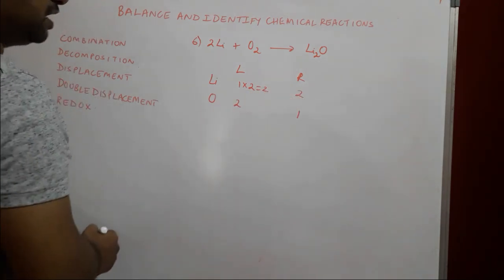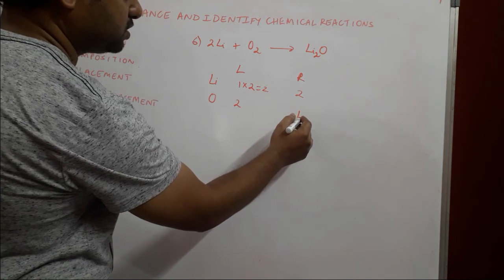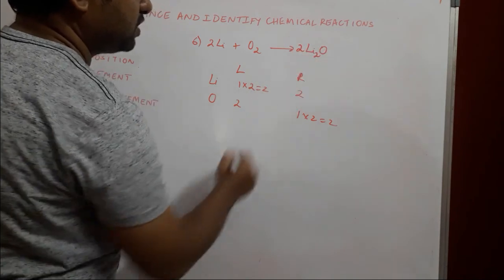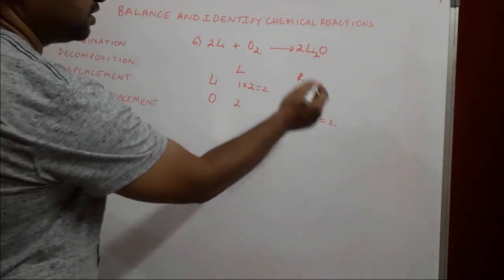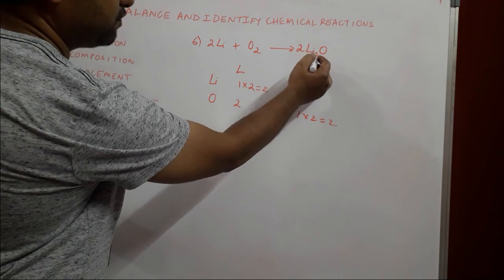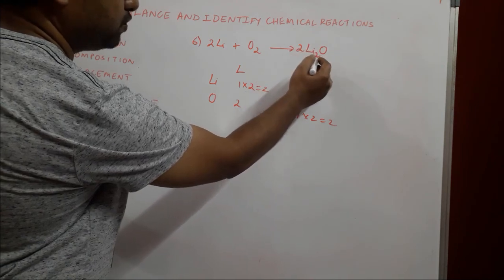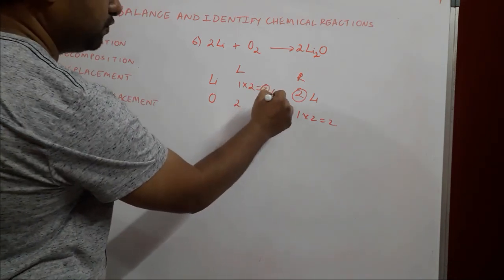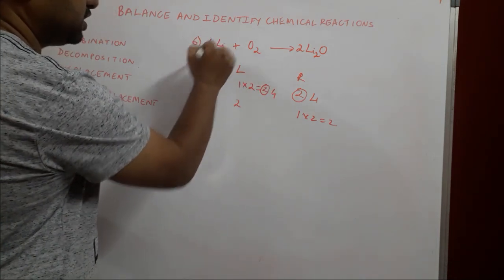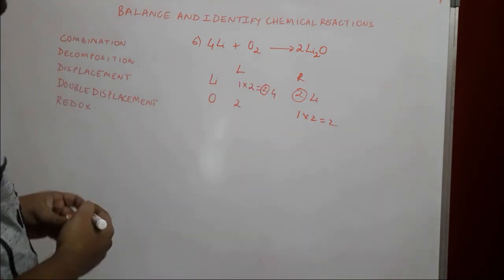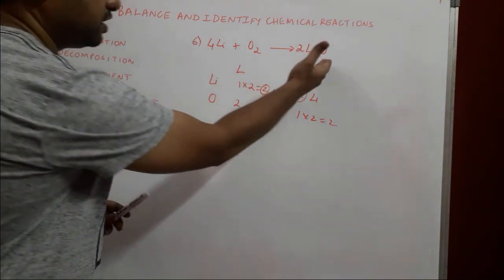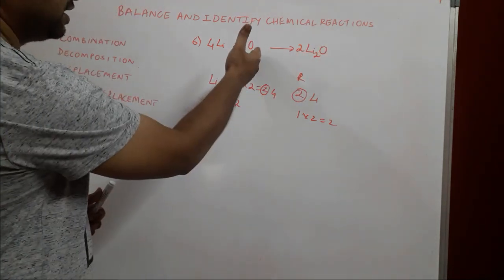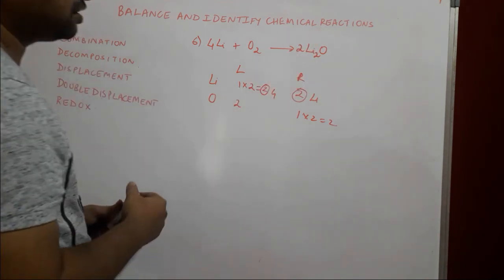But oxygen is not balanced, so we have to multiply the product side with 2 to get 2 over here. So we'll have to put a 2 in front of lithium oxide. This is balanced, but it changes the number of atoms of lithium from 2 to 4. We change that to 4, which means we'll have to change this from 2 to 4. So over here, instead of 2, we put 4. So now it is balanced. 4 atoms of lithium on the reactant side, 4 atoms of lithium on the product side, 2 atoms of oxygen on the reactant side, and 2 atoms of oxygen on the product side.